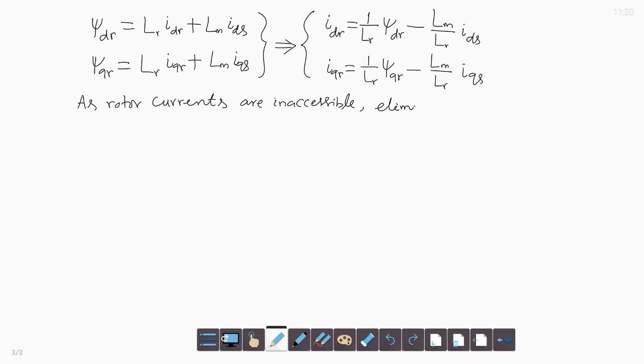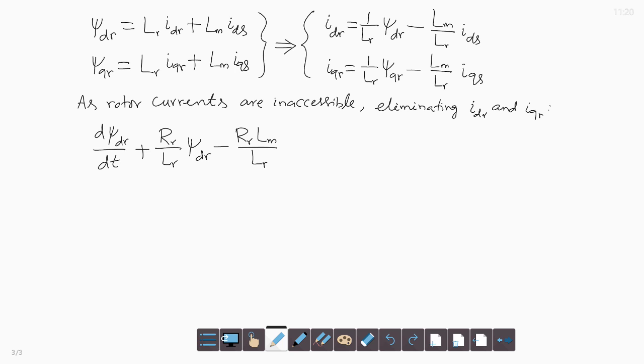Eliminating IDR and IQR from the rotor voltage equations, we get d psi dr by dt plus RR by LR psi dr minus RR LM by LR IDS minus omega SL psi QR is 0,